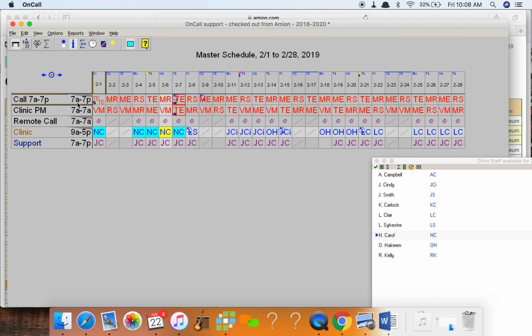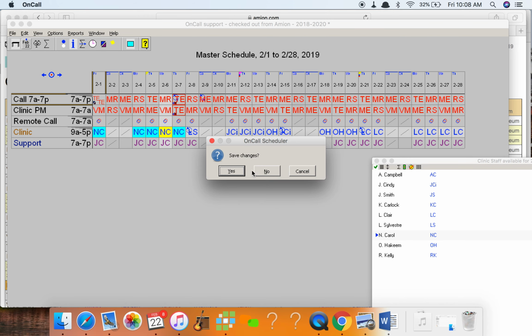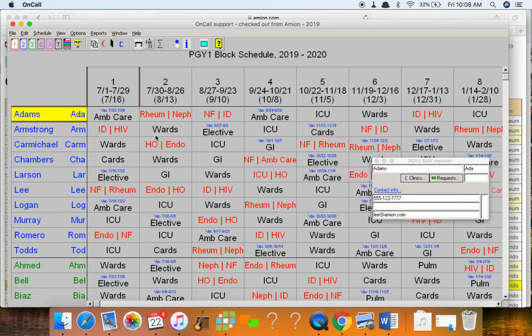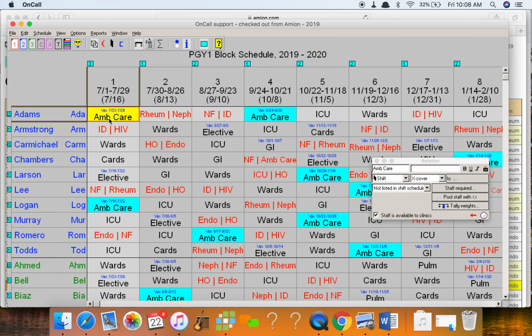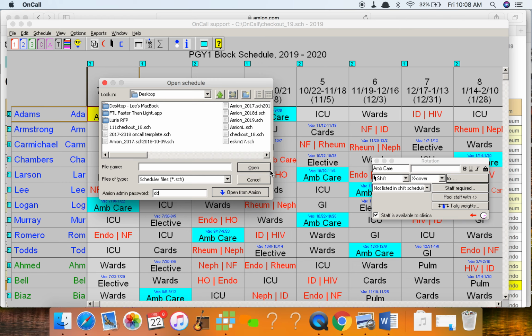But the ease of the residency style schedule is that you can put somebody on a block rotation, and based on their block rotation, tell the system to automatically assign them for things. So if Adams is the PGY2 on ambulatory care, you can automatically have the system put her on call every fourth night and put her on an AM clinic every Monday while she's on this service. The system will automatically do that stuff. You can still do a ton of stuff automatically in the attending style schedule, but that's a little bit different.